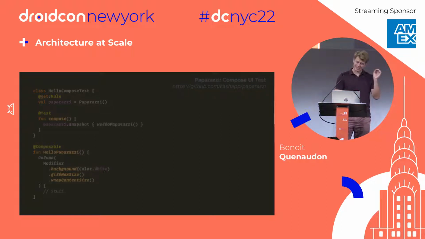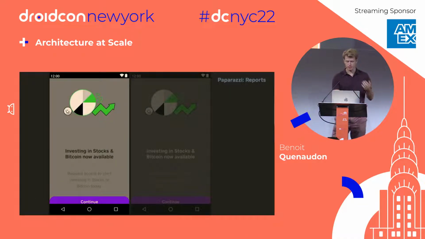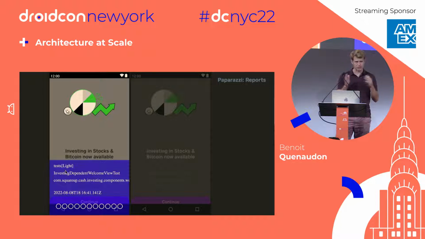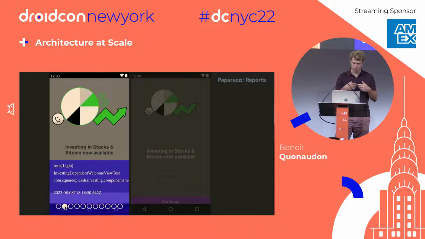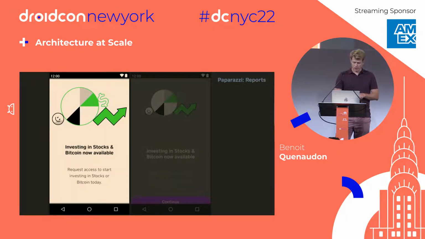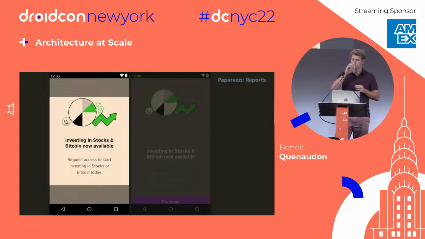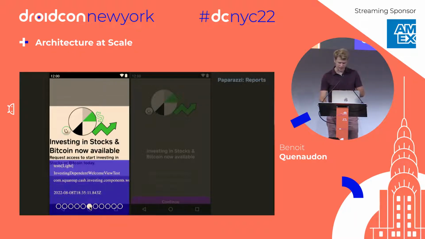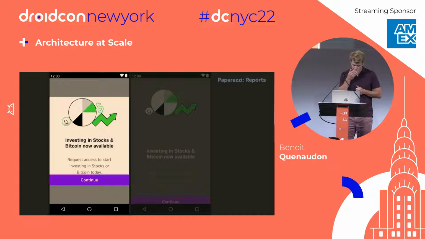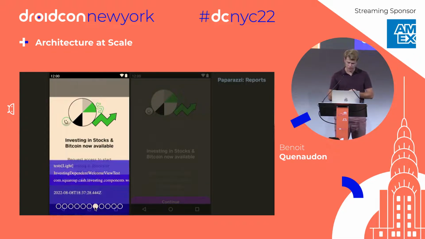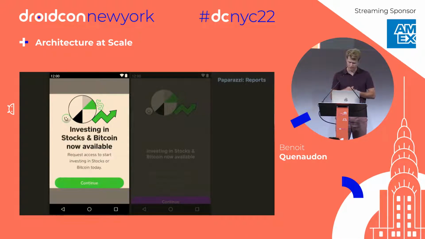And so the test task will run, and Paparazzi will generate a report for you, which will look something like this. So every time you run the test, it will create a snapshot of your view, and you'll be able to iterate every time on your view, saying what changed, how it looks, whatever you need. And so you can see how I iterated over my view until I'm happy with the result. And we have the same for the light and the dark mode.